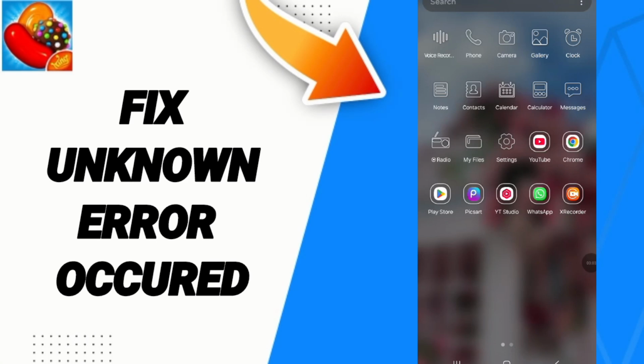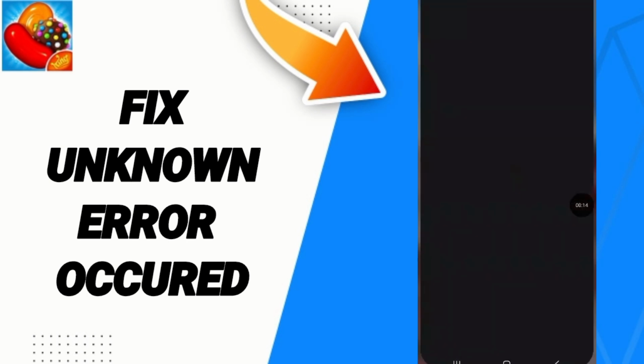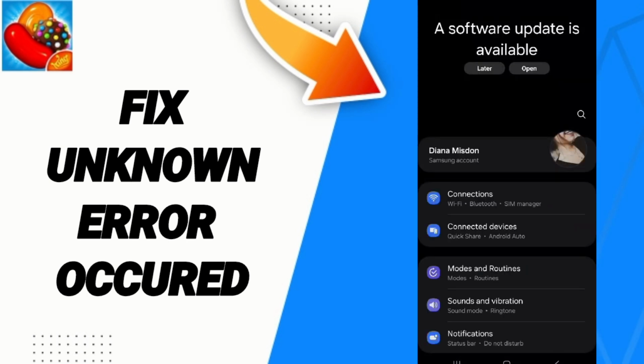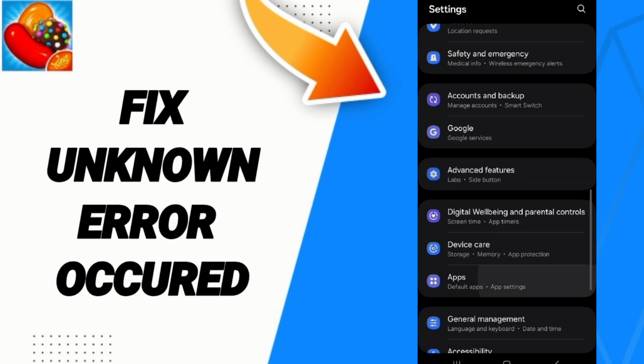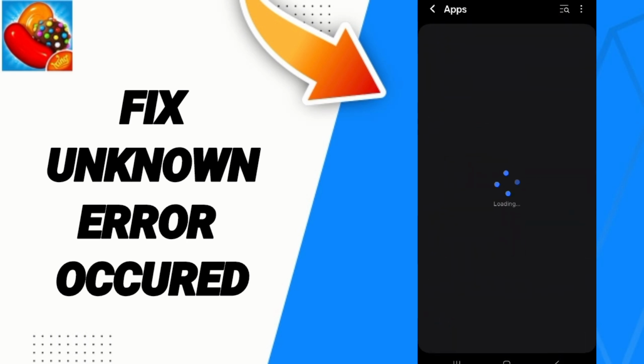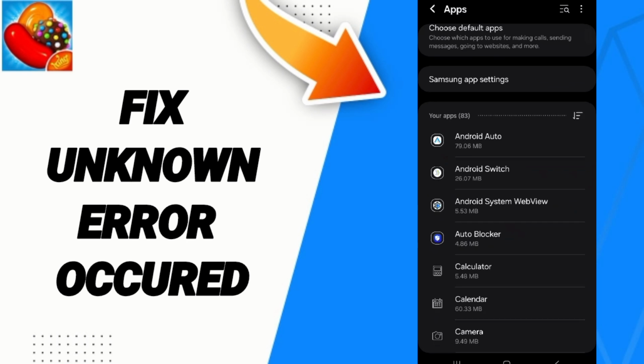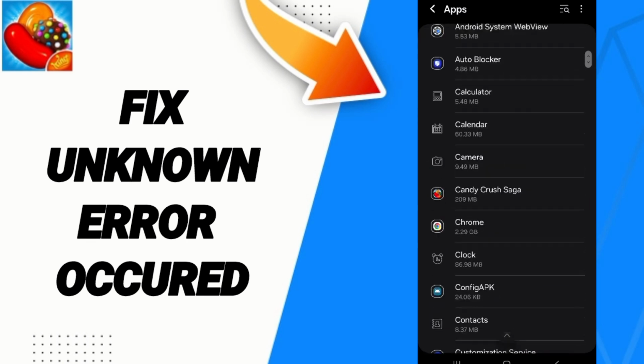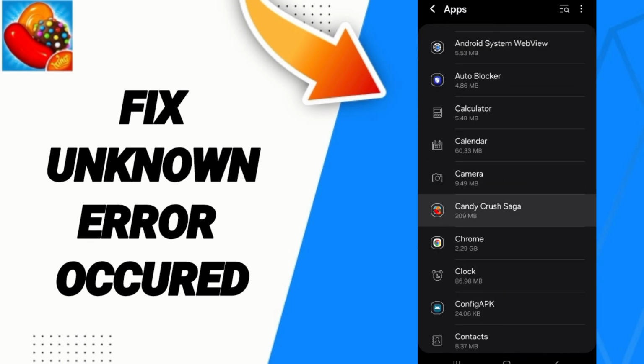Today we will talk about how to fix or how to solve the problem of unknown error occurred on the application of Candy Crush Saga. You will click on settings. In this page here we click on apps, default apps, app settings. In this list you will search about Candy Crush Saga and you will click